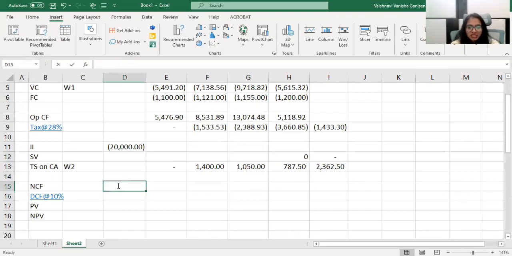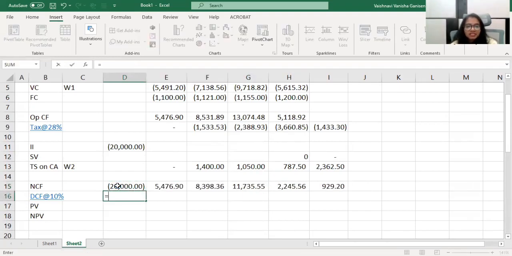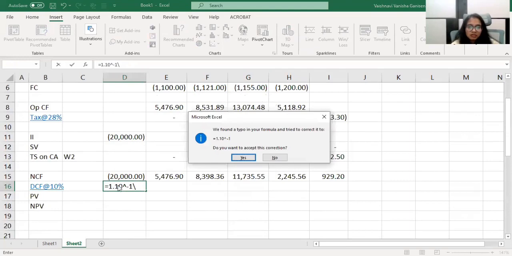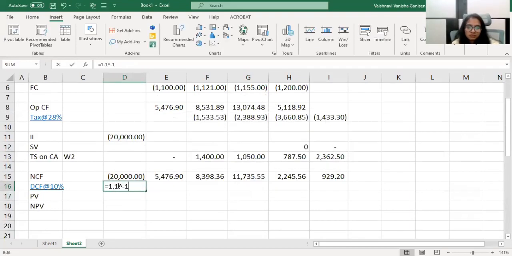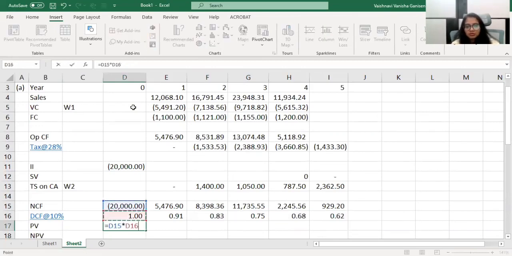Okay, now calculate your net cash flow, sum from operating cash flow onwards. My discount factor, let me double check, 10%. Okay. It's always good to double check so that you don't make a random careless mistake unnecessarily. Okay, use the same concept that I taught you. PV equals to